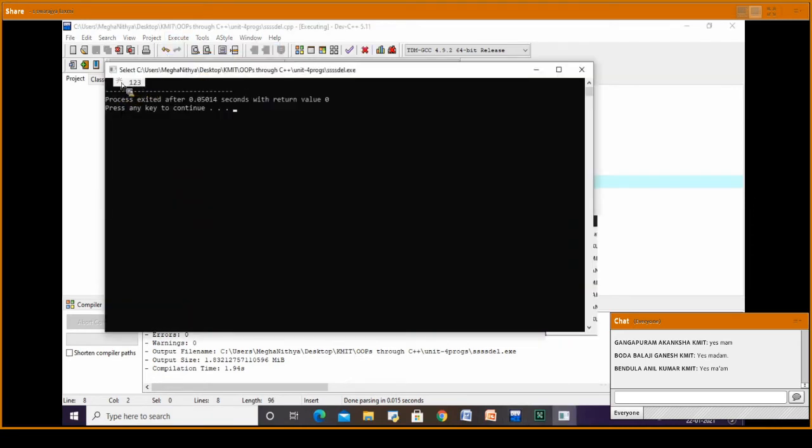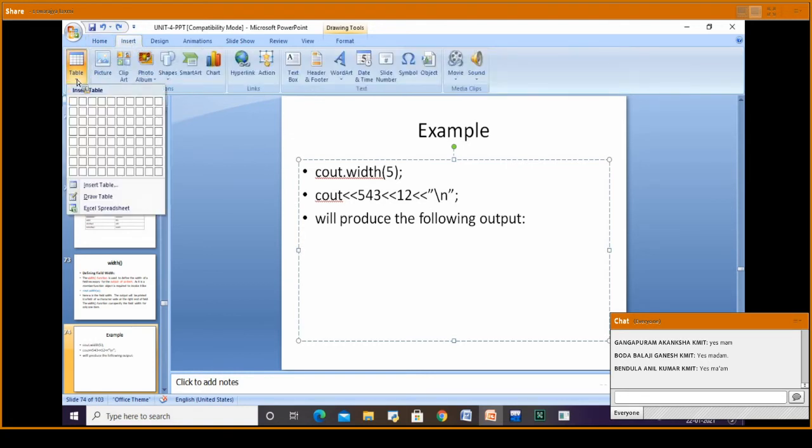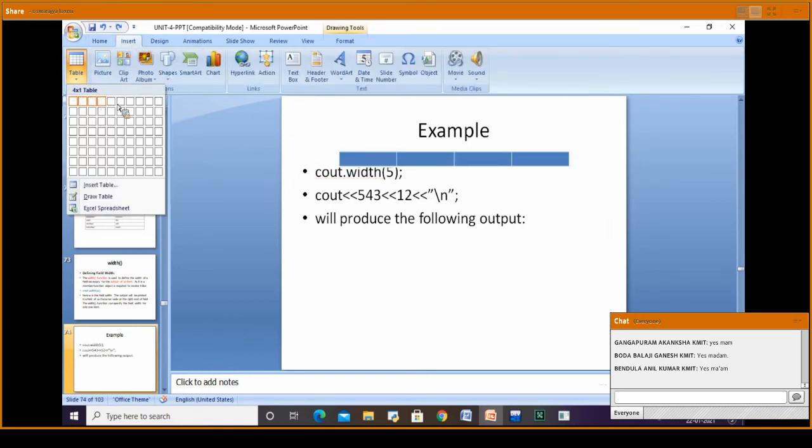I'll just copy this and I can show you. Somewhere here I'll copy. See the space I got. Let me show you the count, how many we have.